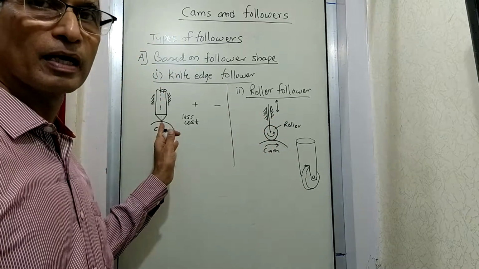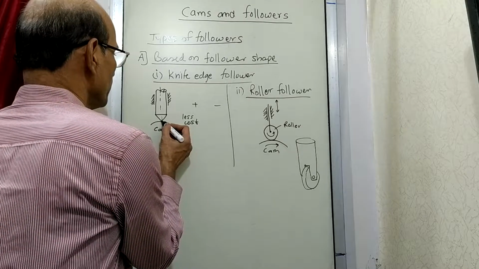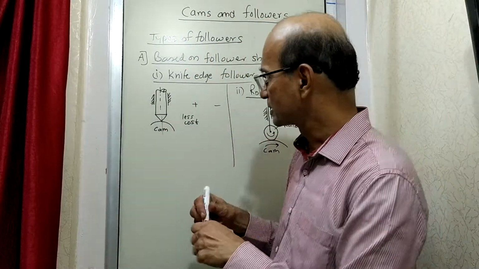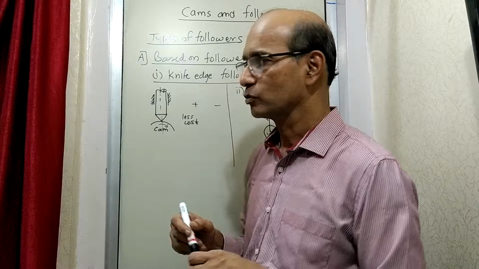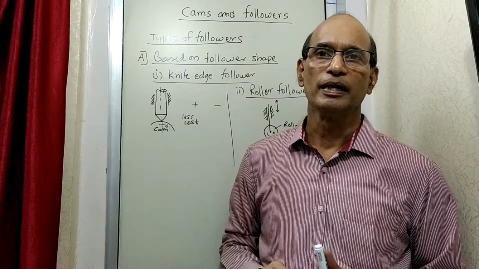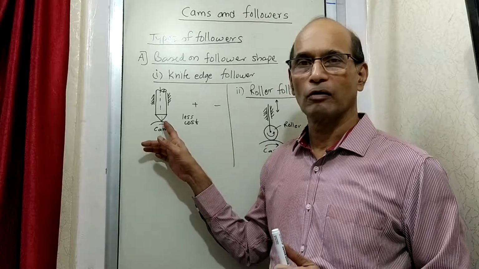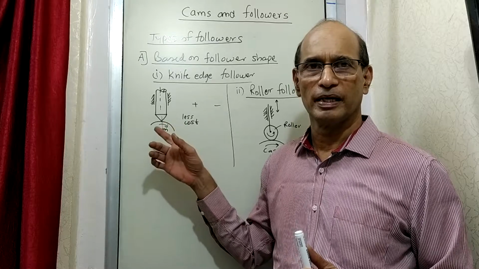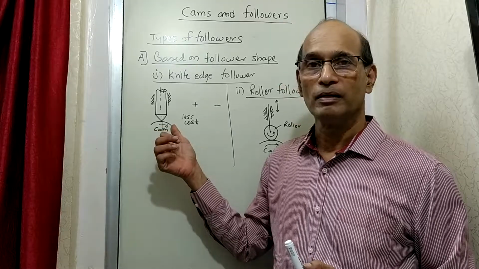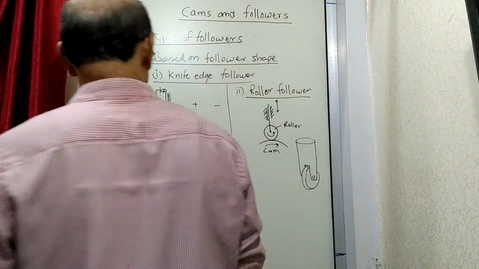Now what will be the minus point here? The minus point could be that at this place you will realize that there is a friction. Its working itself is such that when the cam rotates, there is going to be a rubbing action which is taking place here, and that rubbing action will create some kind of a resistance, and not just resistance, there could be some wearing out taking place. Okay, some heat may generate, many such things will happen. It will require maybe lubrication. So all such things will be required if there is a friction here. Okay, so you can say that the minus point is friction.